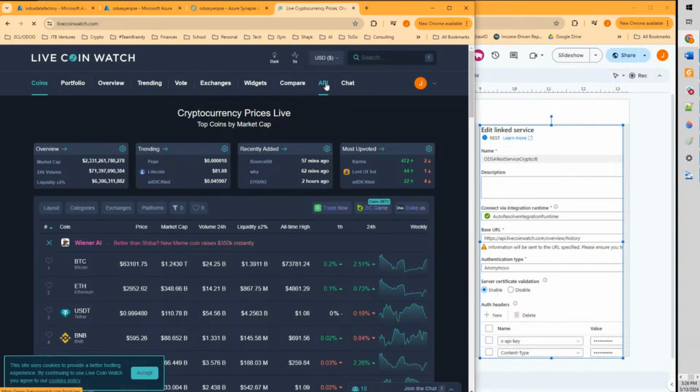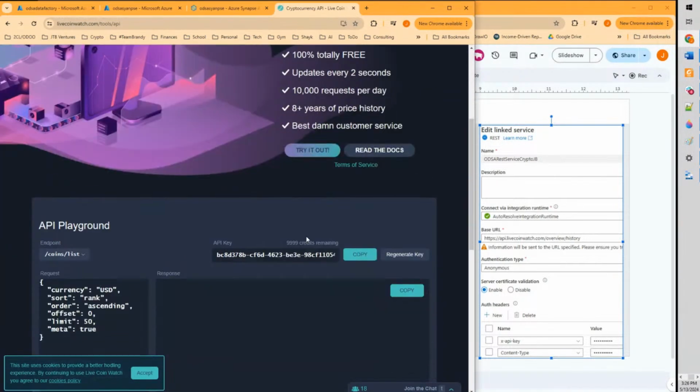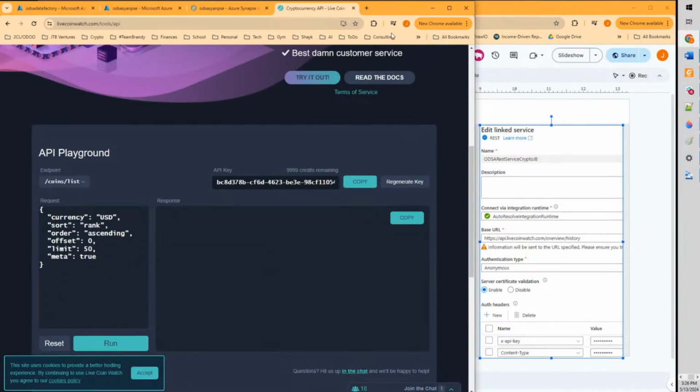You can go to the API site and try it out. I've already got my API key. You'll be given your API key once you sign up for an account and try it out. And you could use your API key